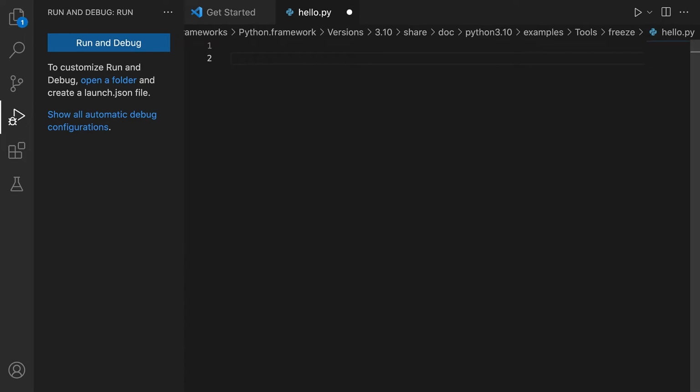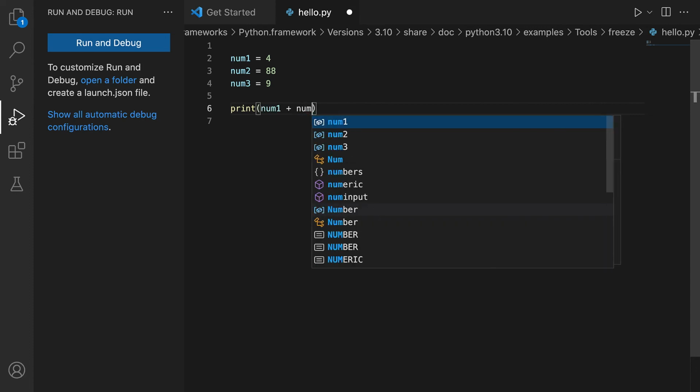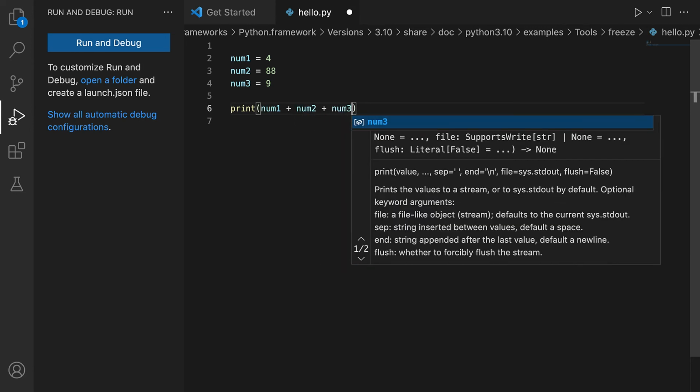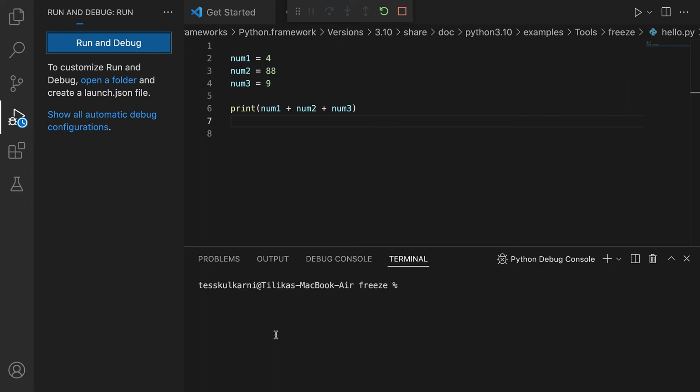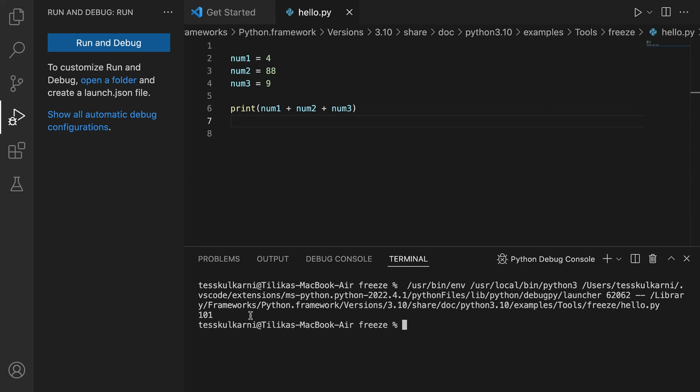Another example is, let's say I create 3 variables with numbers stored in them. num1 is equal to 4, num2 is equal to 88, and num3 is equal to 9. If I want to get the sum of these 3 numbers, I can write print num1 plus num2 plus num3. And when I run the code, it returns 101, which is the sum of all the numbers stored in those